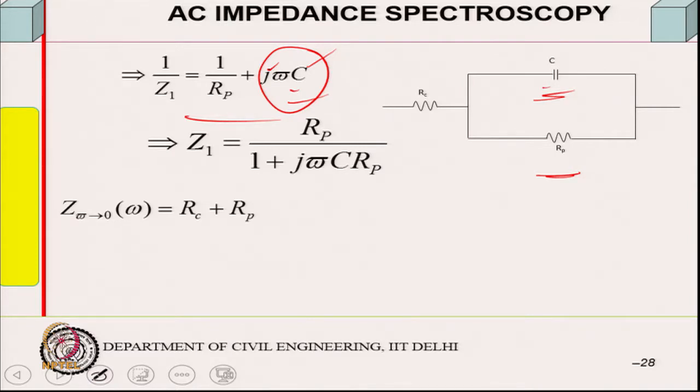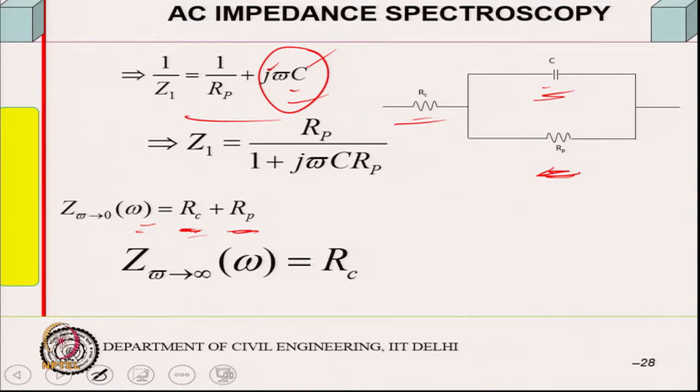So, if you measure the complete circuit impedance, you can get an expression for the complete impedance of the circuit. The resistance of the circuit will be Rc plus Rp, because they are in series. When it is DC current, omega is equal to 0, omega tends to 0, you get the equivalent impedance as this, and when omega tends to infinity,